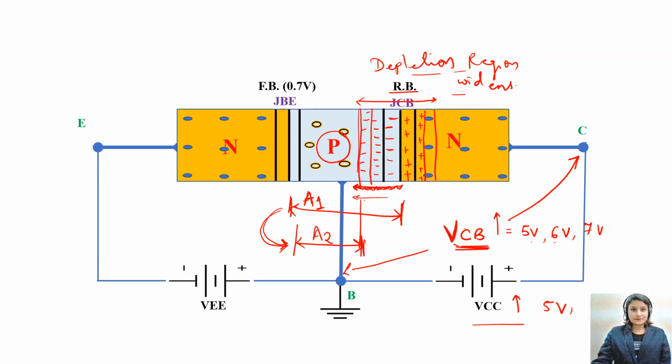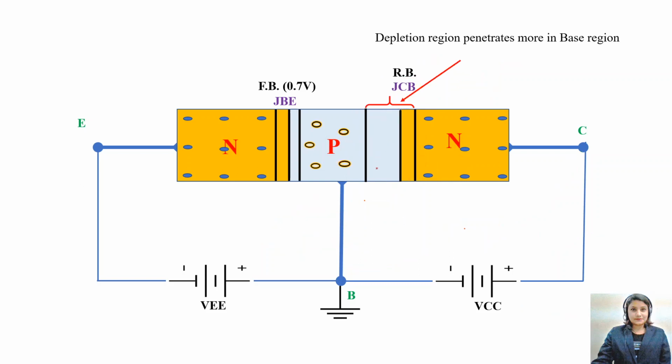You may ask me a question: why is it penetrating more in the p type base and why is it not penetrating more into the n type semiconductor, but it is penetrating more into the p type base, right? The electrons from this region also want to get equally distributed. So here the electron concentration is higher and at the base it is lower, right? For lower concentration of electrons.